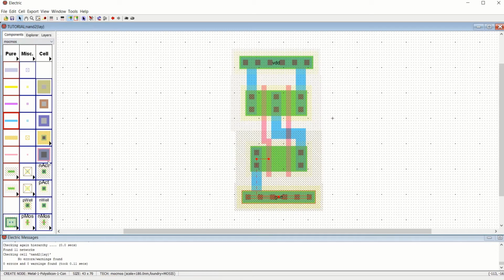So what I have to do is I can place the metal one to poly. I'll place the metal one to poly. Select this. I'll make it at the center. It is okay now. Next, similarly, you do it for the second poly as well.